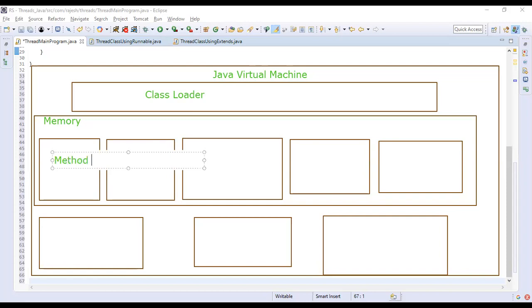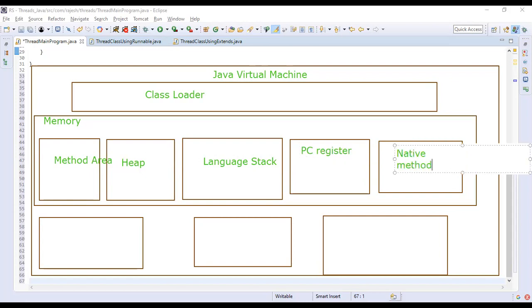So there are a few, and I'll just name them quickly. Method area. And heap, where all of our objects are stored. The JVM language stack, PC register, native method stack.